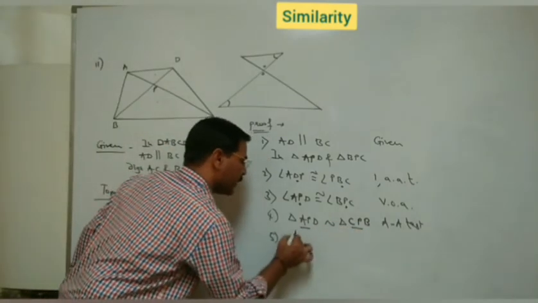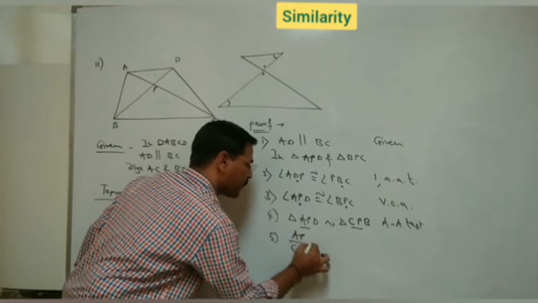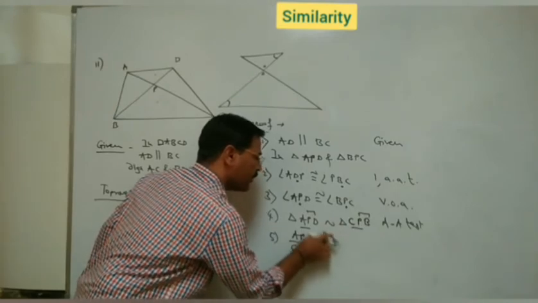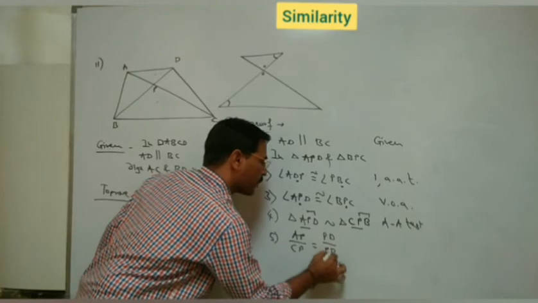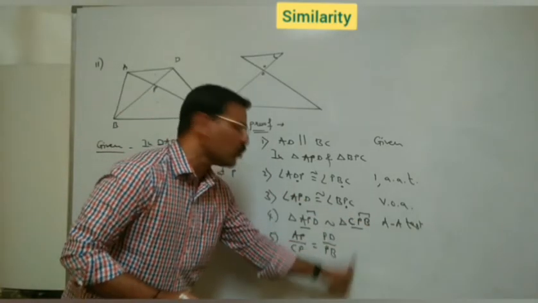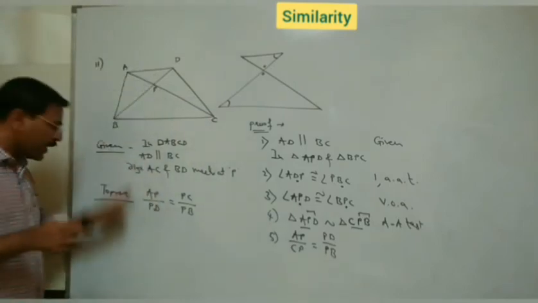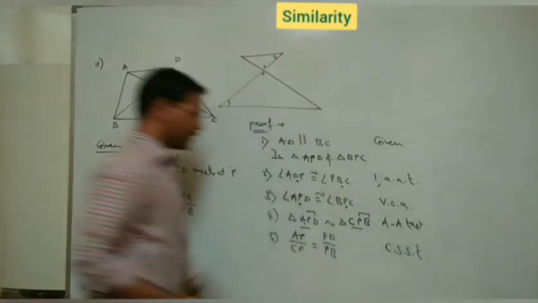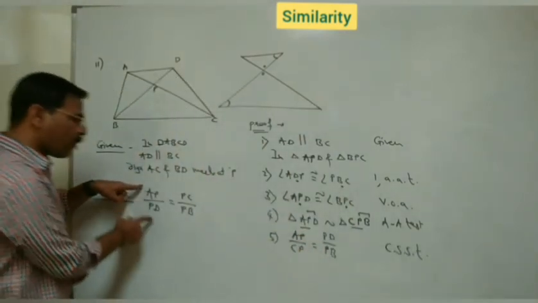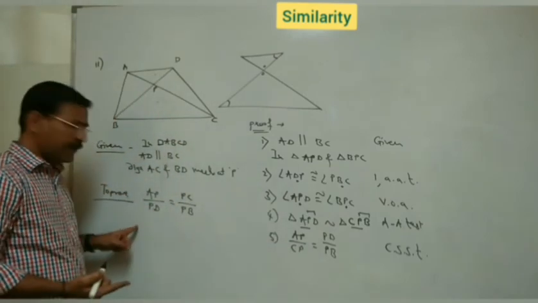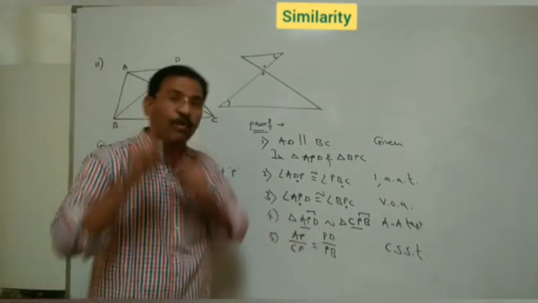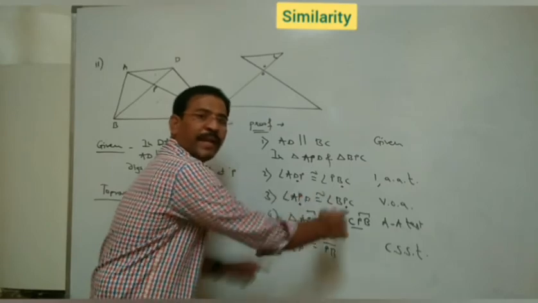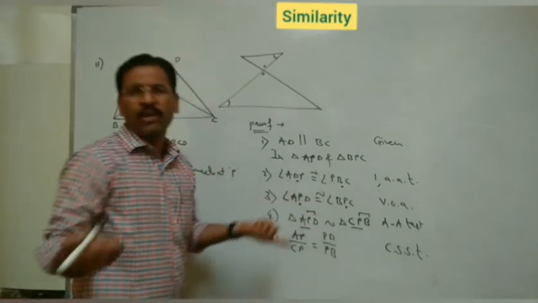AP upon CP. Okay? This side PD upon PB. You can write AD upon CB also. But that one, no need. Why? Because we need only P's. Okay? These are corresponding sides of similar triangles. Check whether it is correct or not. See, AP upon CP. No, we need PD. Here PC upon PB. That means tell me what we have to make. Only by alternando. CP and PD, if we interchange them mutually, that is called alternando.